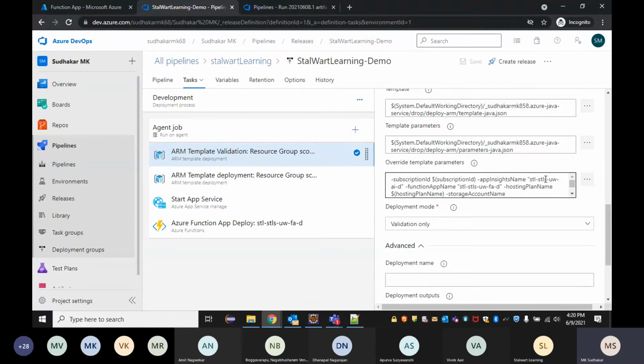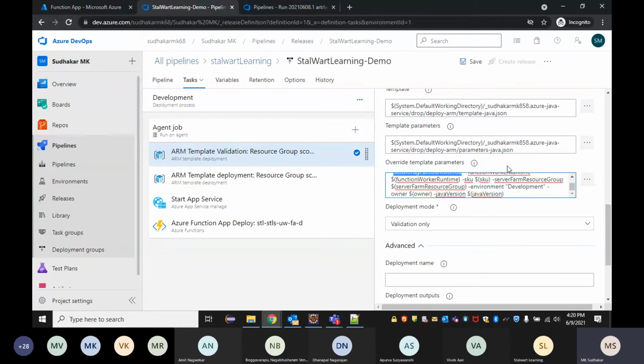I'll change this name to Stalwart Learning. I'll just make it D everywhere so that it'll add a D. Here also D. My function app name will also have D, and storage, STLS D. Here also the storage name will be changed accordingly.